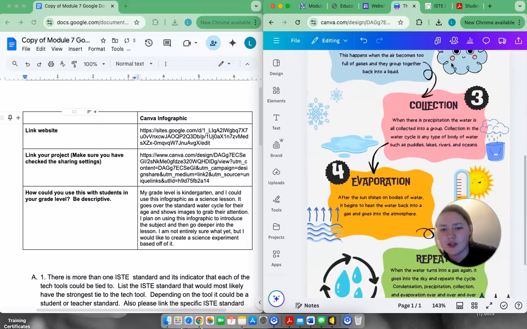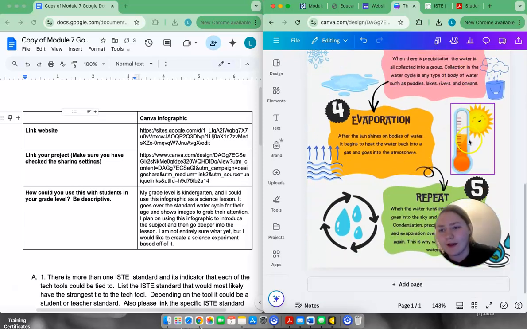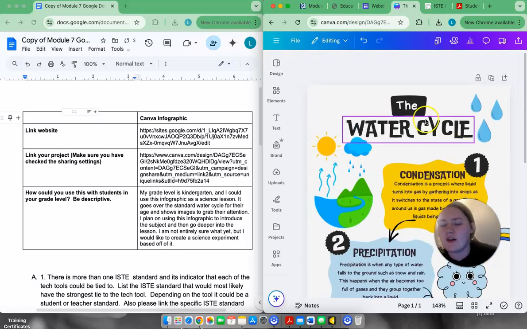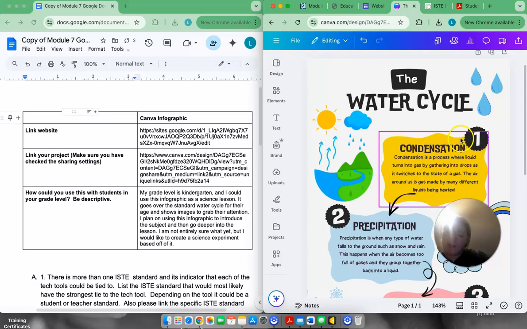And I chose pictures that kindergartners would like. Like this one has a sun with a smiley face. This one is just kind of waves. There's a puddle and snow, and the cloud again has a face on it. So first we have condensation, and each step has a big number and arrows so they know what comes first